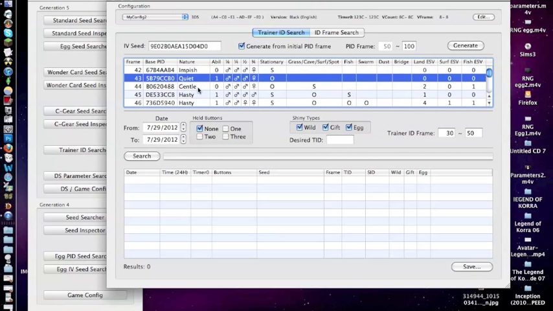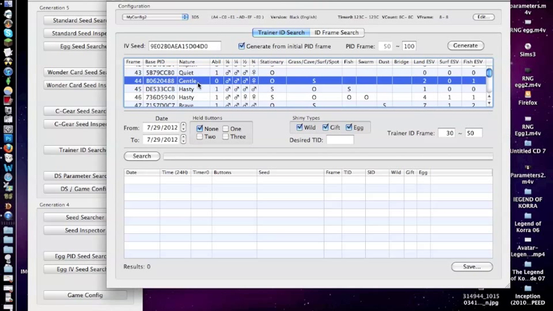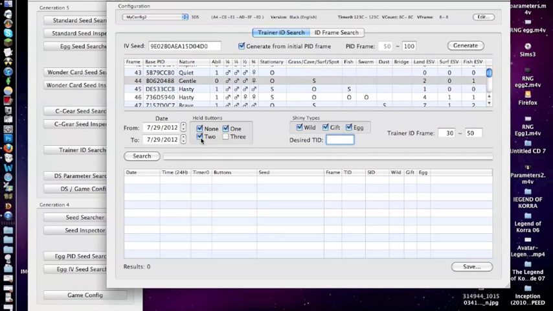It doesn't really matter which one you click on. I think it may have something to do with RNGing a flawless starter, but I'm not really sure. I just clicked on one. And then you want to put in the trainer ID that you want. In this part, I actually put in 88888, but I couldn't find any seeds for it. But you can see that you want to check all three of the hold buttons,